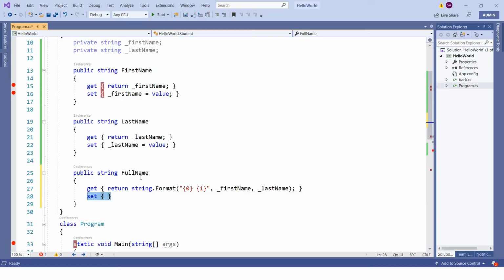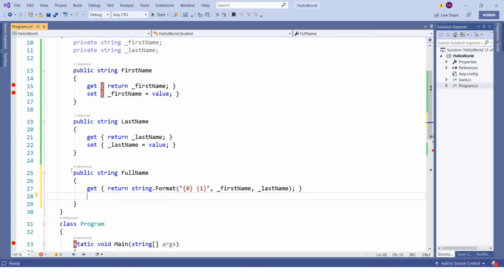Let's say I don't want the user to set the full name. What I want is that the user has to use these properties to set the first name and last name, and the user will simply use this property to get the full name. I don't want the user to set the full name itself, right? Can we achieve this? Yes.